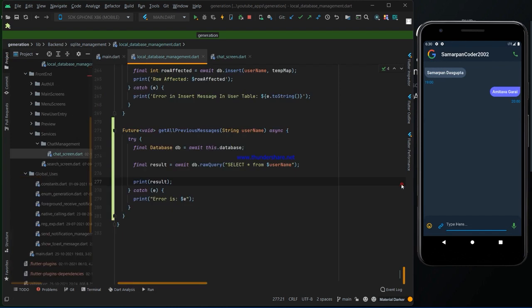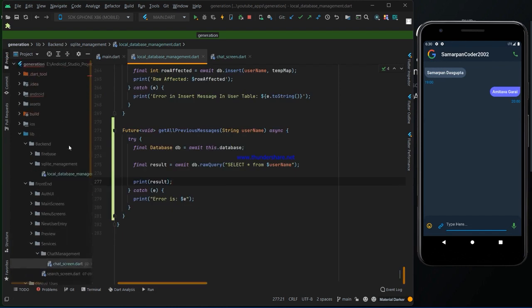Without using a model it is not possible to structure all these things.